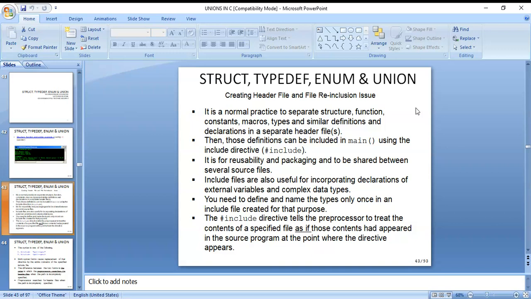There are different types of preprocessor directives. When we use #include, between the less than and greater than symbols you can mention stdio.h, conio.h, math.h, string.h. There are different types of header files, and you can mention them between those two symbols. Then your program connects with your library, the C library.